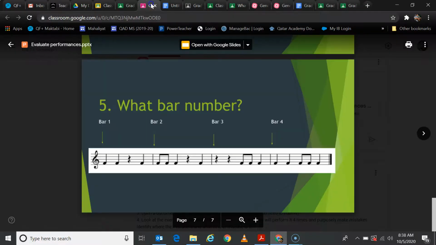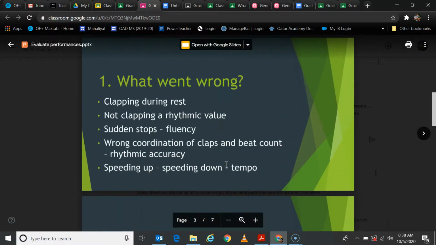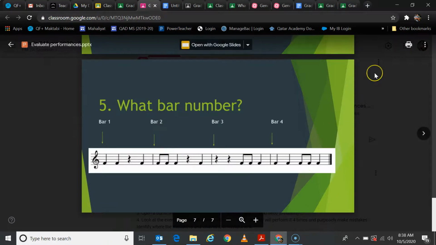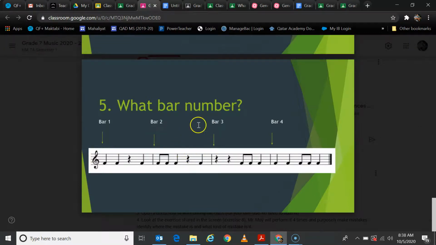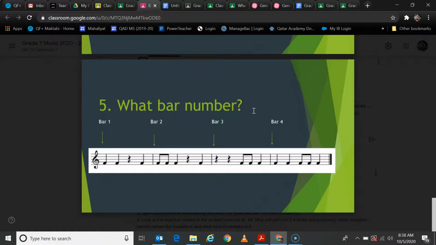Now let's talk about other kinds of mistakes. We've seen what happens when you clap a different rhythmic value, what happens when you clap over a rest, that's how it sounds. But what about the other kinds of mistakes that you see here, like for example sudden stops or wrong coordination or speeding up or speeding down? This is how they sound, just so you are aware of it. Sudden stops is when you suddenly make a stop here in between the bars or in between the beats, things like this. For example, 1 and 2 and 3 and 4 and